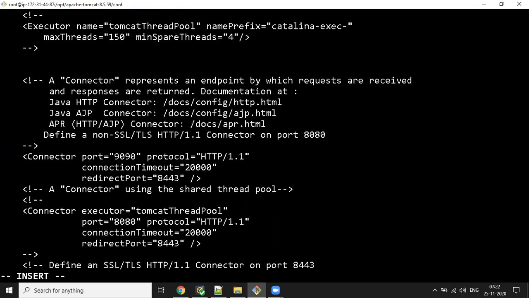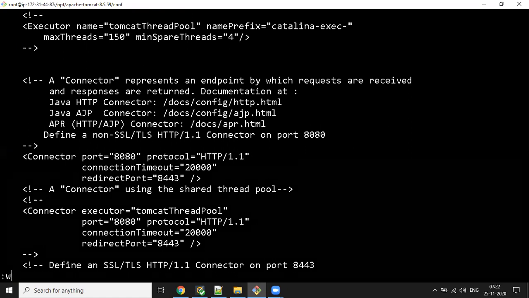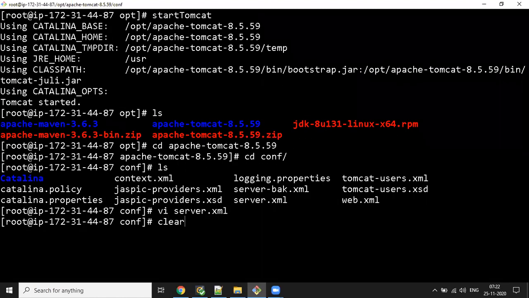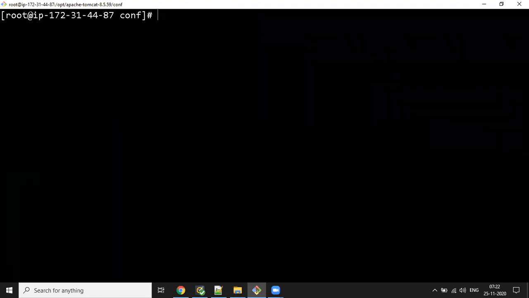Now take the insert mode. Come here, 9090 to 8080. I'm changing the default port again. Click escape, :wq. It will save the changes, and you need to stop the Tomcat.